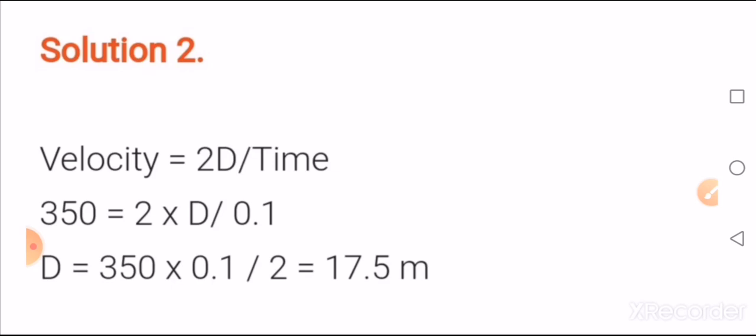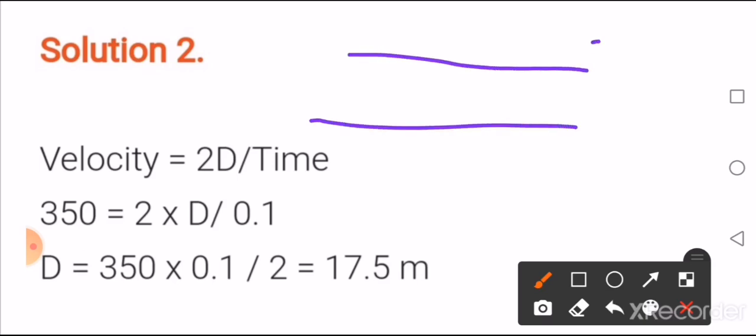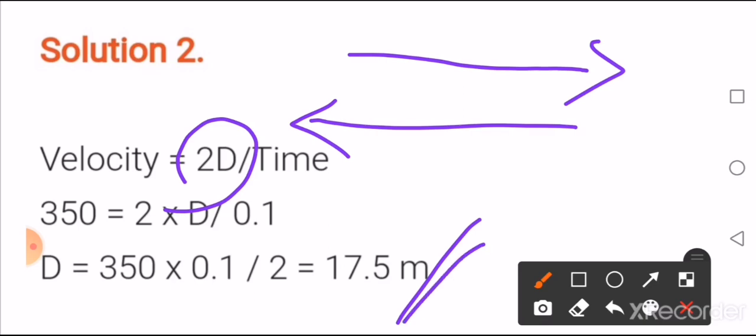See, in the question the value is not given, but it is given the minimum distance. If it is minimum distance, the minimum time for echo will be 0.1 second, that we have already seen in the theory part, isn't it? So remember that point. Even if it is not given here, you have to remember the minimum time required for an echo to be heard will be 0.1 second. Now as you know that in case of an echo, since it has to travel 2 times, the distance will be taken as 2d, so velocity is equal to 2 times distance upon time. You are having all other values, substitute it and find out the answer.